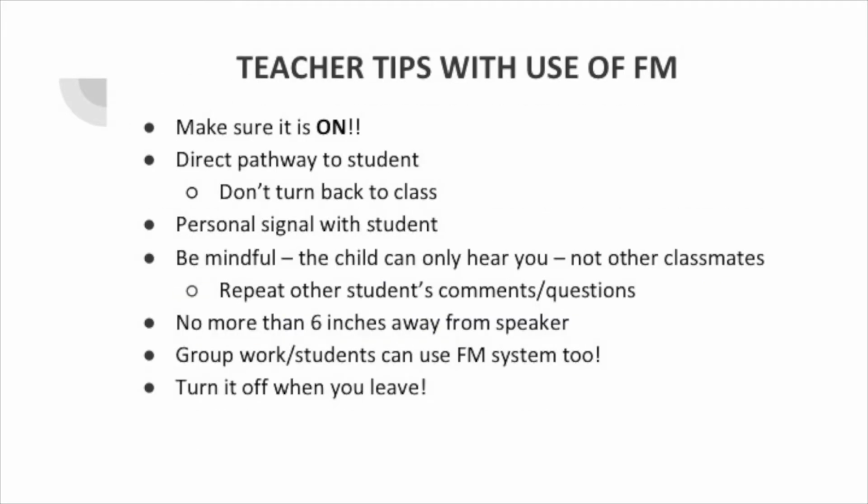You just watched a video that gave you some main teacher tips in using an FM system and what to do. The first and foremost tip that you saw is always make sure that you have the FM system on and that the FM system is actually turned on and you have a direct pathway to the student. That way you do have a personal signal with the student